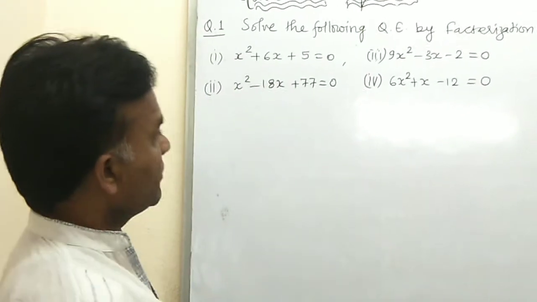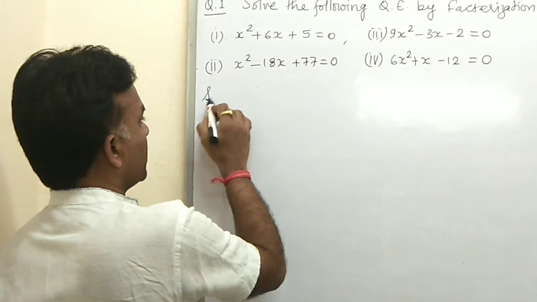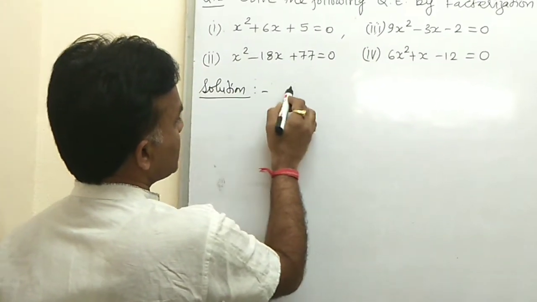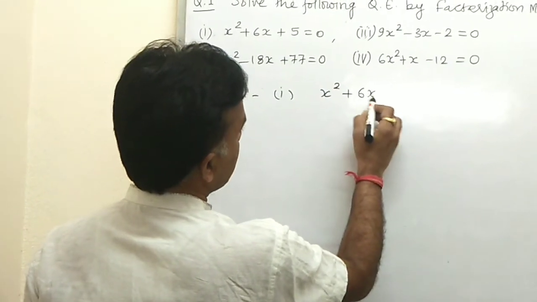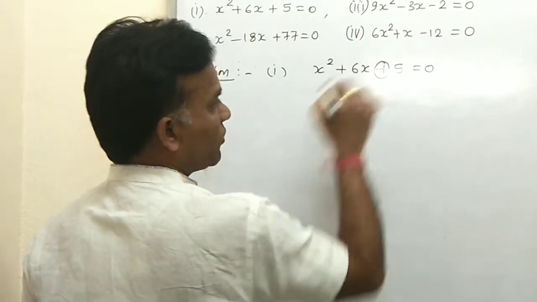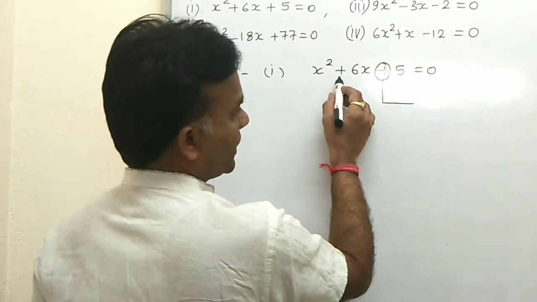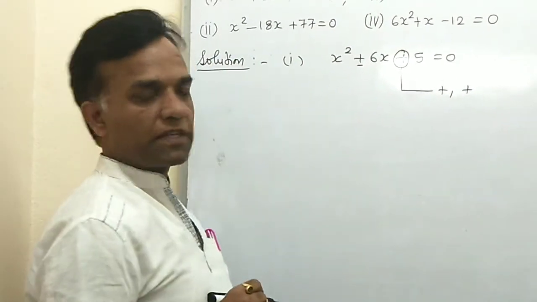Okay, so now first here we listed the first question, like you write down the solution of the quadratic equation. So the first question is x square plus 6x plus 5 equal to 0. Okay, so what is the basic concept? Now you have the plus sign. If the constant sign is plus, there are 2 possibilities, but the middle term is plus, so therefore you have both the factors in plus plus form.